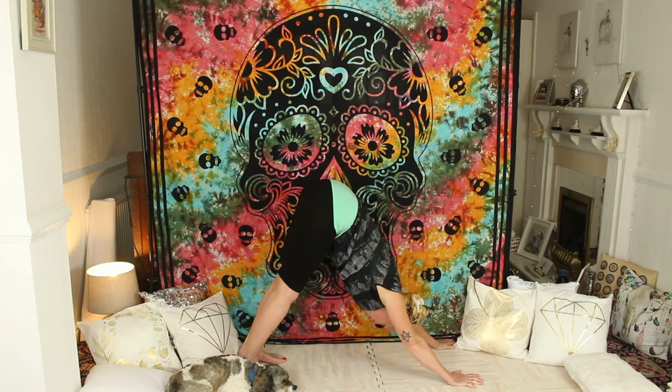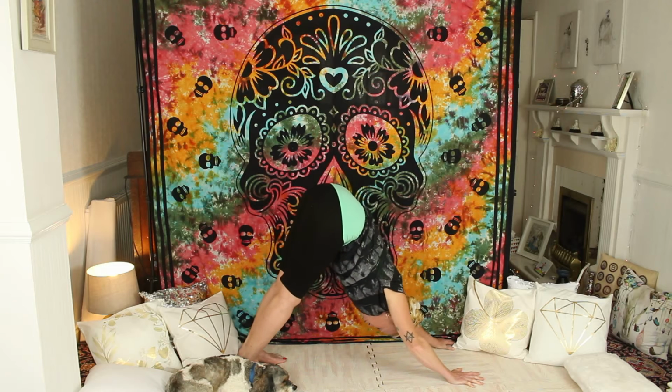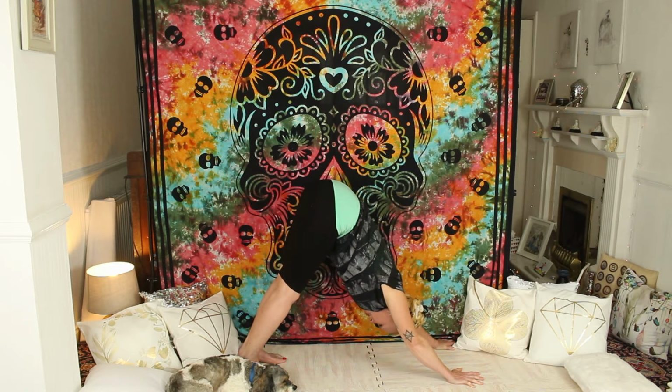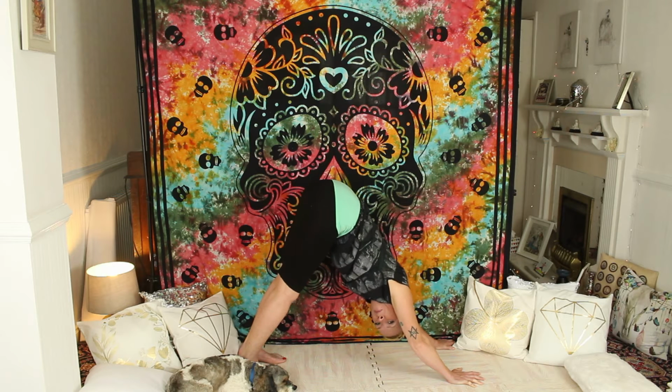You want your ears brushing on the insides of your upper arms. That way you know your head and neck are a natural extension of your spine. You want to really stretch up from the palms of the hands, the heels of the hands, and rise up through the arms, extending the energy from the wrists up to the elbows, from the elbows to the armpits. And allow that energy to continue to rise up through the spine to the tailbone, and take the tailbone up towards the ceiling,